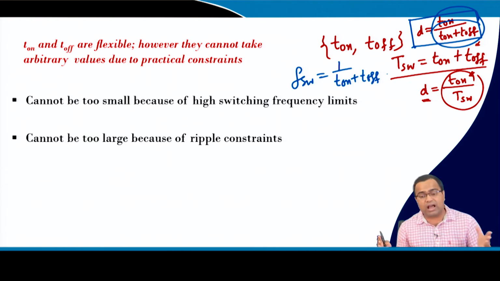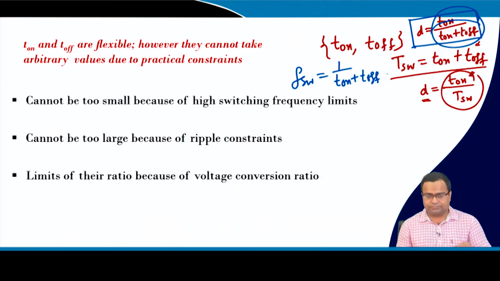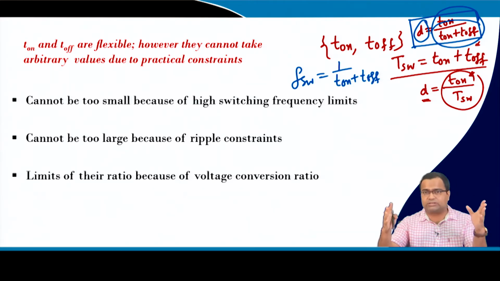They cannot be too large because the switching frequency will be too low and the ripple will be too large. Their ratio cannot abruptly change because the duty ratio has a limit. So, there is an upper limit and a lower limit, and we have discussed in the steady state loss analysis that even with a boost converter, we cannot achieve in a practical boost converter a voltage gain of more than 3. It is very difficult, because again